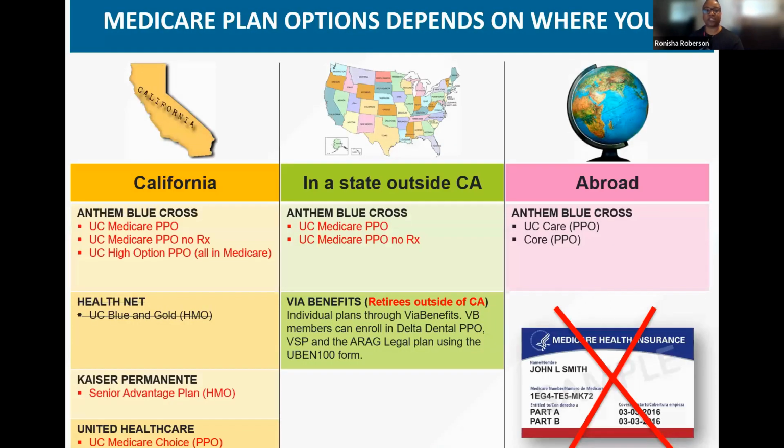So plan options for Medicare depend on where you live. In California, you have 3 PPO plans: the Medicare PPO with and without prescription drugs, and the high option PPO. Everyone in your family must be enrolled in Medicare, and it's only available during open enrollment. Then you have 2 Advantage plans. You have Kaiser Permanente, Kaiser Senior Advantage, and then you have the UC Medicare Choice PPO plan administered by United